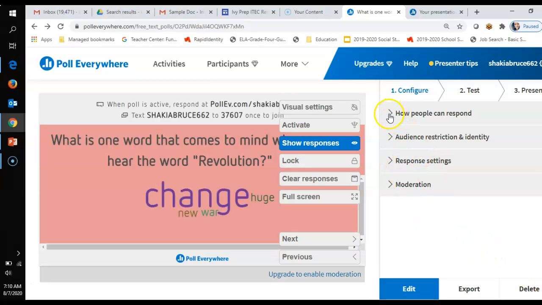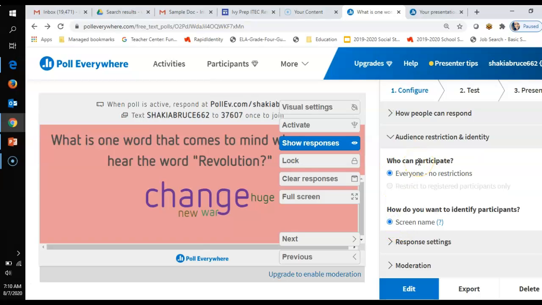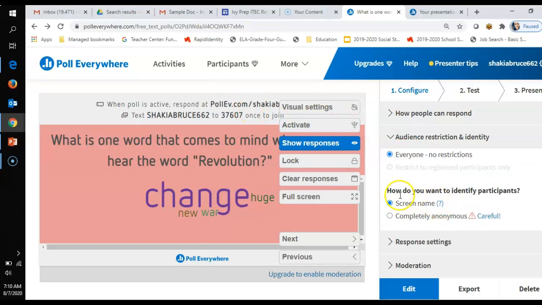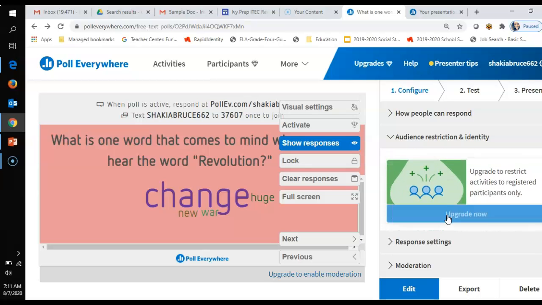And then over here you have how do you want them to respond, and I normally keep the two options on, with the text messaging or the website. And then here you have who responds. So your restriction piece, who can participate, and it's just easier to click everyone because they're the only people that will know your code. And then how do you want to identify participants? You definitely want to use a screen name because again, it gives you that report of who chose what, and you can kind of guide their thinking like, oh, okay, Ashley doesn't really get my question. I'm going to have to go back to her at a later date and see what's going on. I wouldn't do